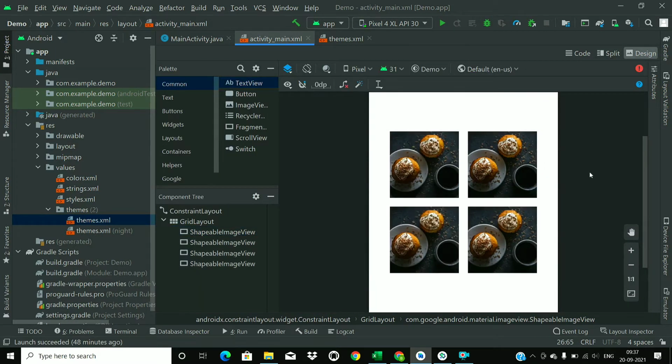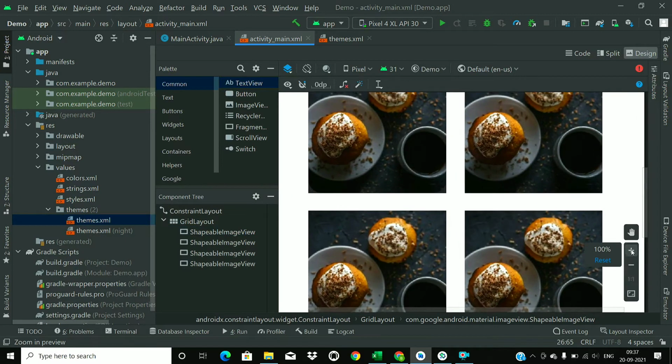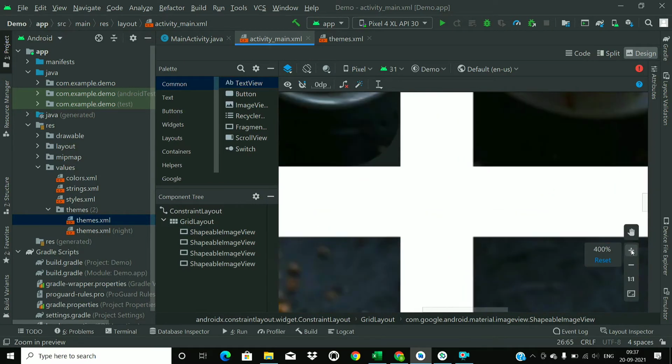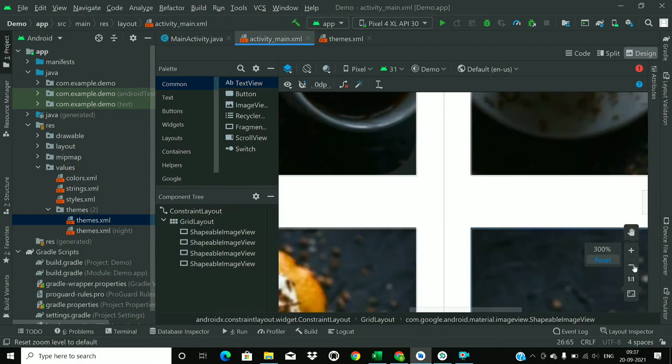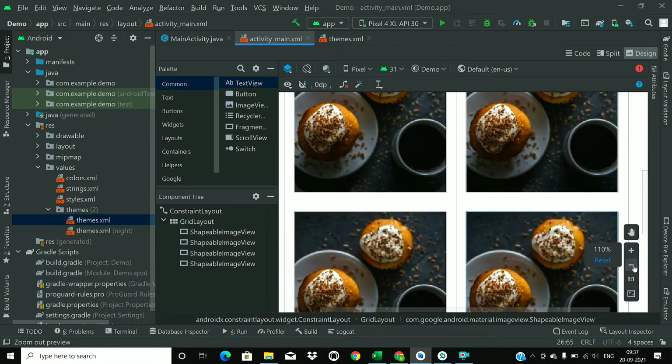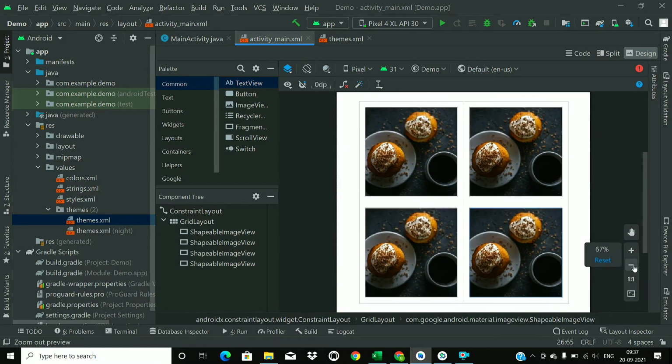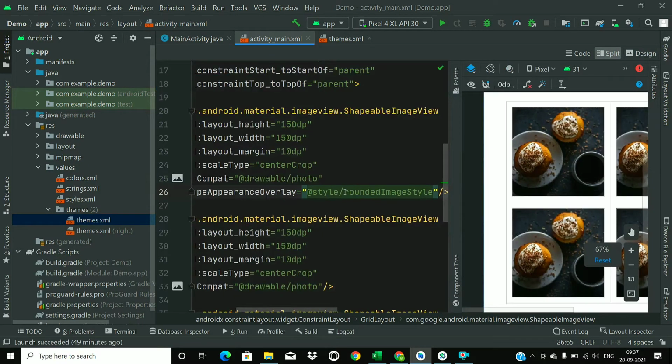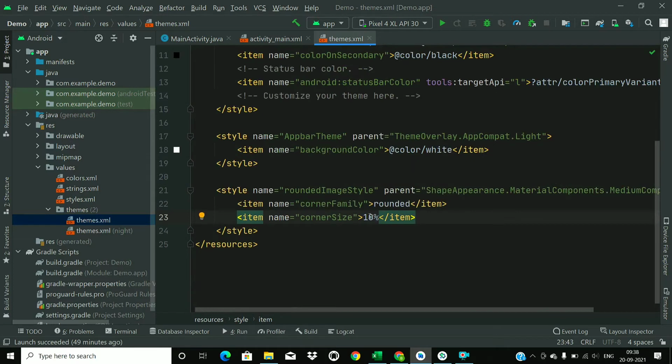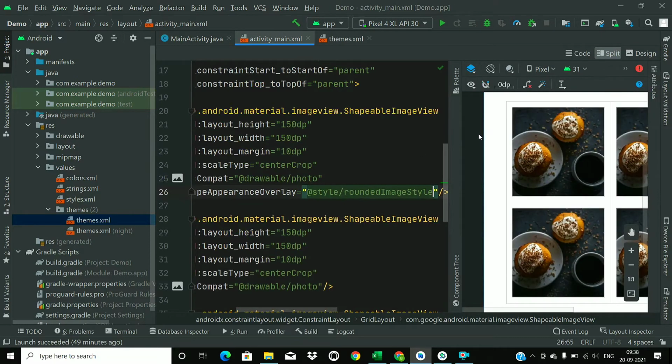I know you are not able to see the rounded corners because the Android Studio IDE has some error in the preview, so it will look perfectly fine when we run the app. So this is just a preview issue, nothing more than that. Okay, so I think corner size should be 15%, so it will look good.